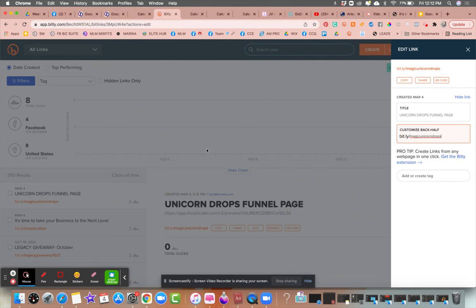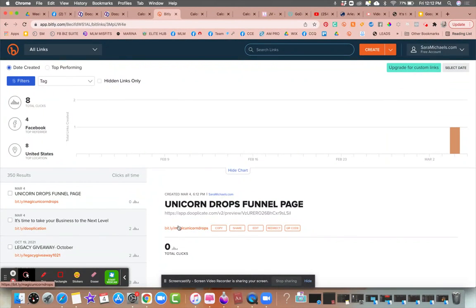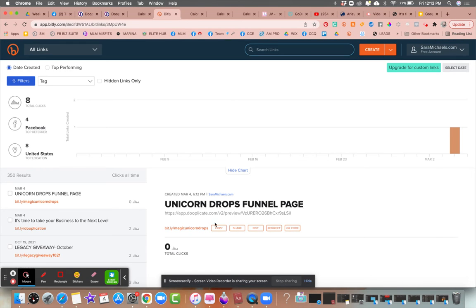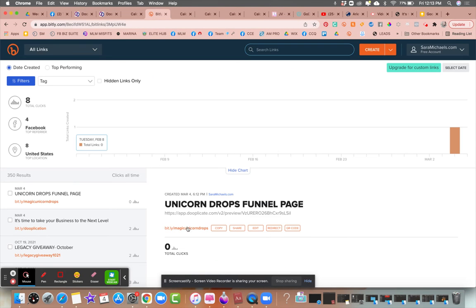So instead of having to remember this whole link right here, I've just created something called a bit link, which is a link shortener. Now I can edit this and use it. When I grab this link, it's going to take me to that page. It's just a little bit easier for people to remember. That's a cool feature, and that is the next step that I would recommend if you don't yet have a domain, which is coming.